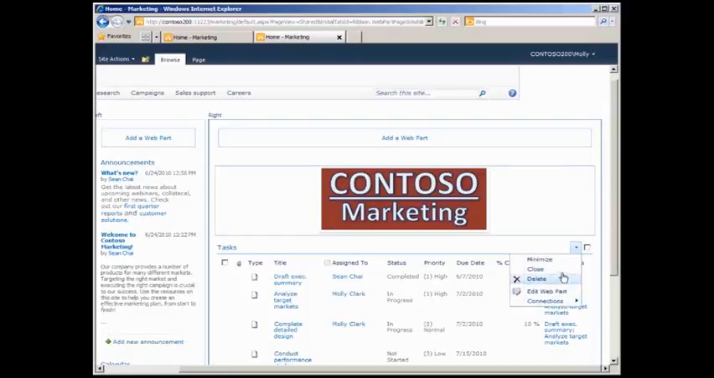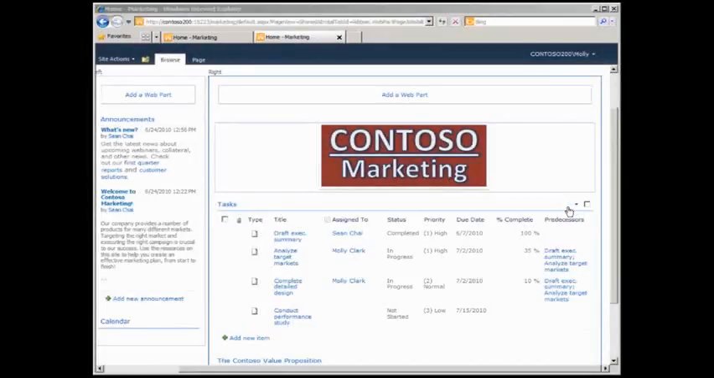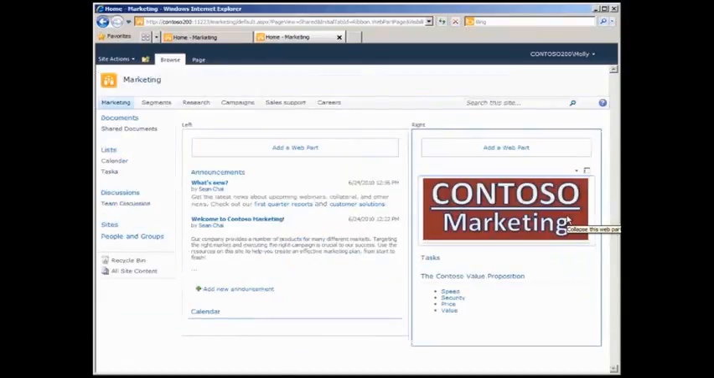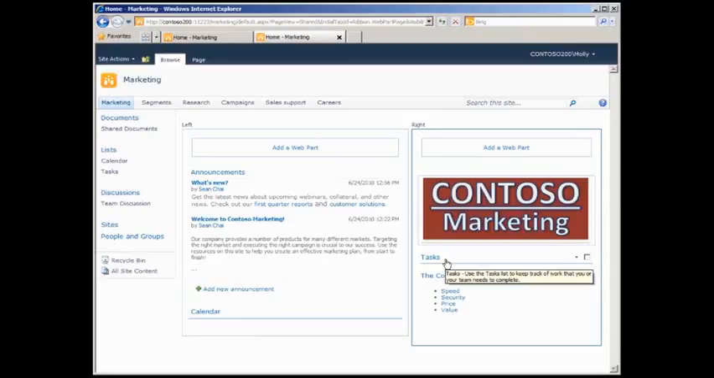Let's start with something easy. Let's minimize or close or delete this web part. This task list is taking up a lot of room. So I'm going to point to that down arrow, I'm going to click it, and then I'm going to choose Minimize. And when I do that, it minimizes the task list web part on the page. This just streamlines my task list, so it's still here, but it's taking up a lot less room,